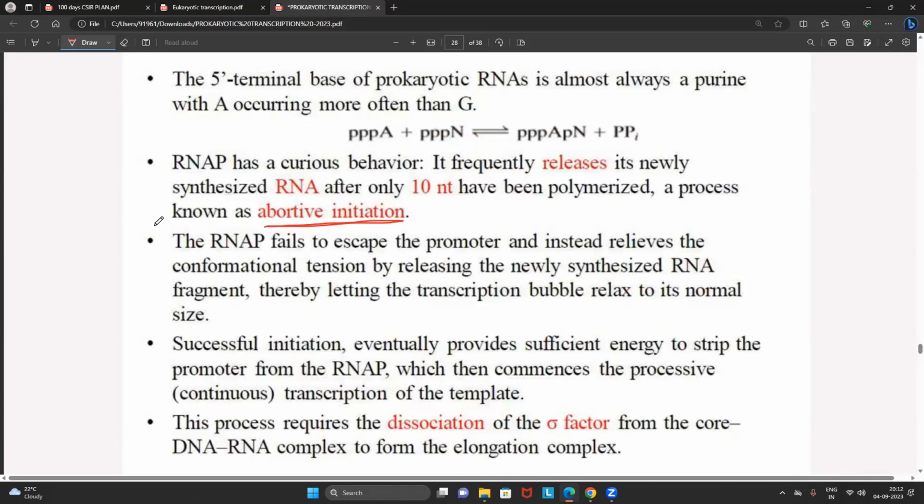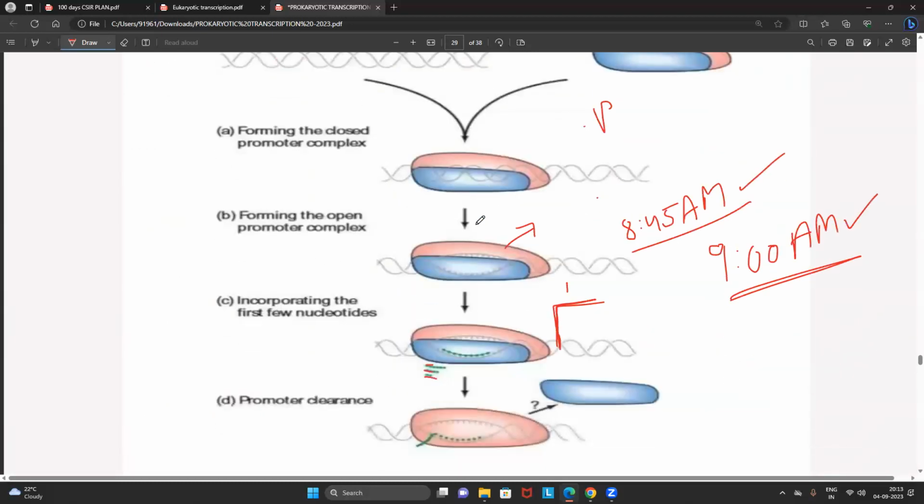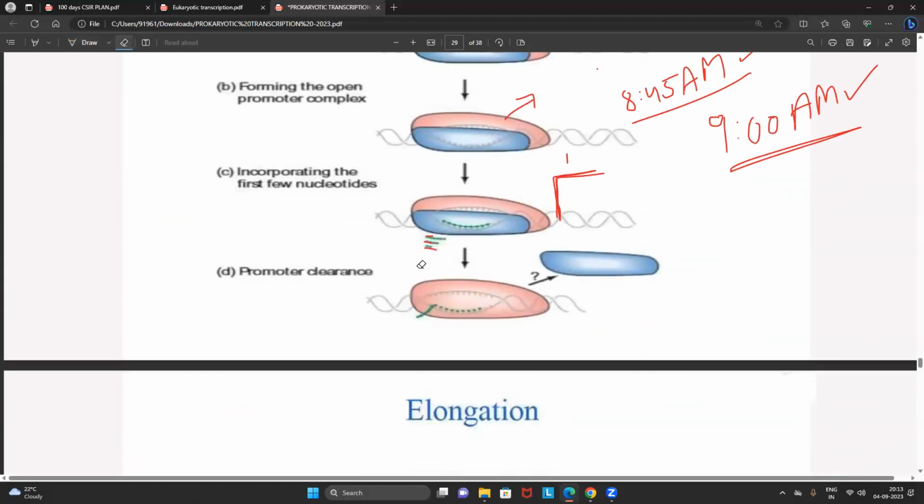So remember, now the question is why is this particular initiation happening? What is the reason? The reason is just the RNA polymerase enzyme. Every student follow my words. RNA polymerase enzyme has a curious behavior. Because of its curious behavior, before reaching the INR, it starts synthesizing small 10 nucleotide pieces. Now you can ask me, sir, what happens to those small 10 nucleotides? Friends, undoubtedly they get degraded because they are not stable.